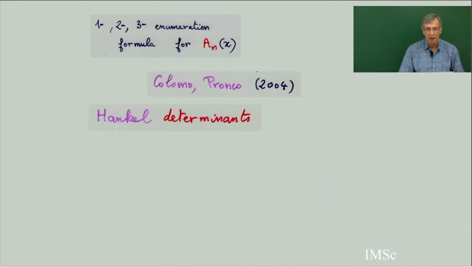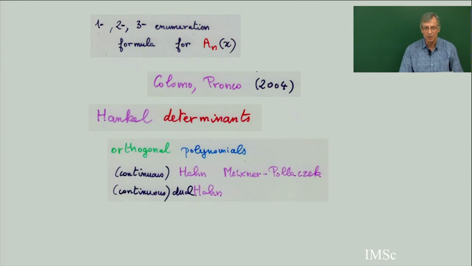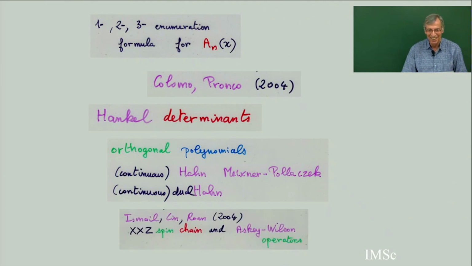Alternating Sign matrices. And there are many things when you see the 1, 2, 3 enumeration. If you replace in this polynomial A_n(x), x equal 1 gives the number of Alternating Sign matrices, x equal 2 gives you the number of Aztec diamonds, and x equal 3 also has a formula which is related to a determinant of some beautiful orthogonal polynomials. So next time, next class, next year, I will work on this combinatorics. These are very interesting things. And there is the XXZ, Askey-Wilson operator. So there are many interesting things all around these Alternating Sign matrices. So you see the beauty of this combinatorics.